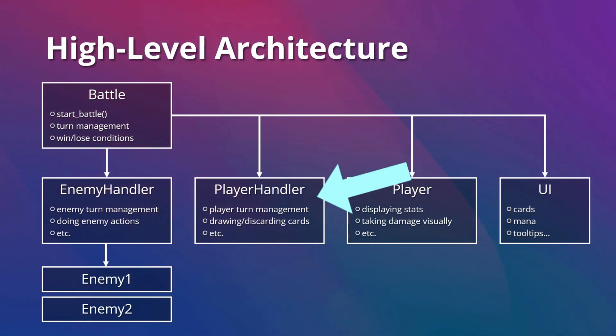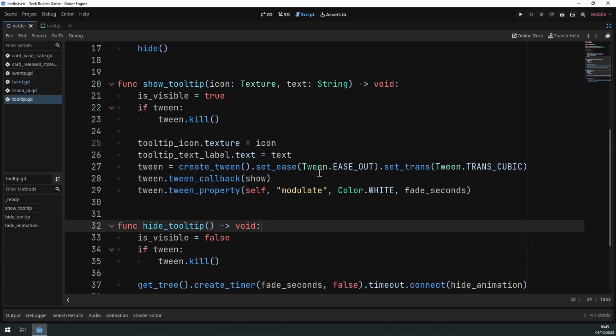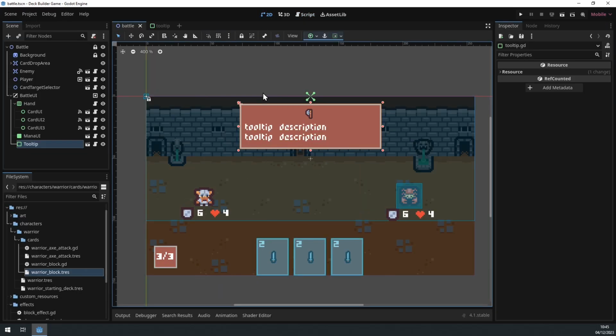Another thing to keep in mind is that a lot of different nodes need to have access to the player's stats, the character stats resource. So the first thing we'll do here is, if we go back to the 2D view in the battle scene, we'll finally attach a script to the battle UI itself, which will be an orchestrator for all the UI related